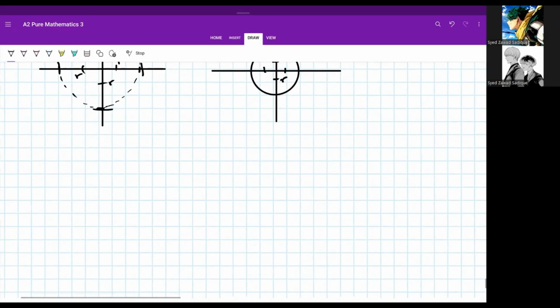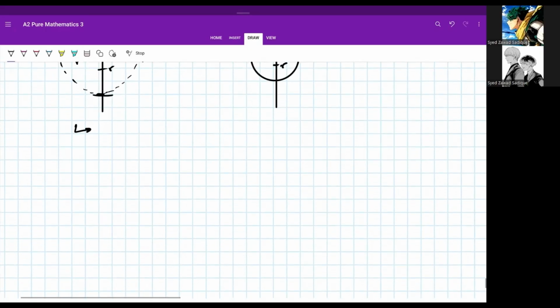Nice. So how do we describe this? We describe this by saying a circle with center Z1 and